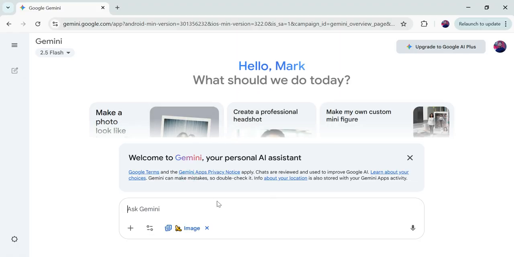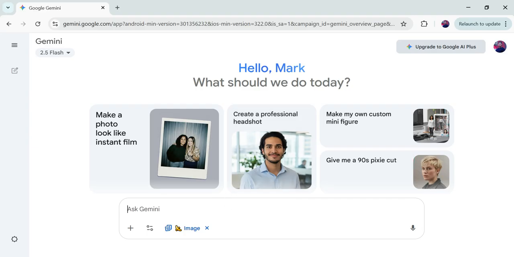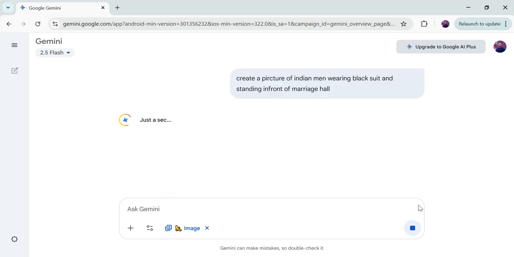I will write here: create a picture of Indian men wearing black suit and standing in front of marriage hall. Then we will click on the submit option and it will start creating the image as per our prompt.